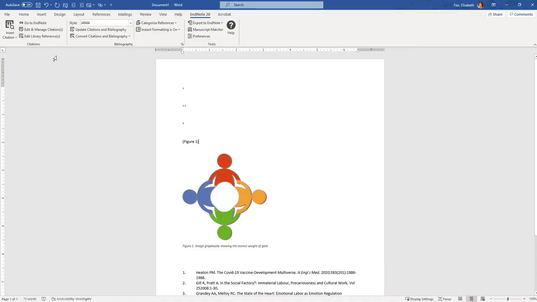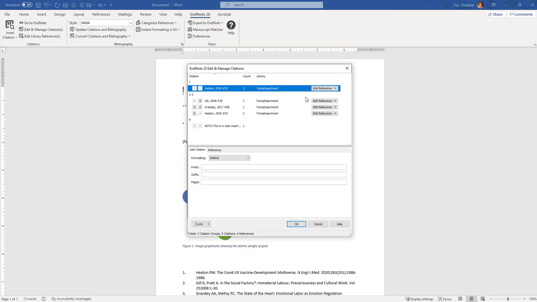You can also edit your citations and references as they appear in Word. Choose the citation you want to edit. The bottom section of the screen makes it easy to make the most common types of edit. You can change the format of the citation so the author appears in the text, or even make a work show only in the bibliography. You can add page numbers, prefixes, or suffixes to an in-text citation if that is needed.